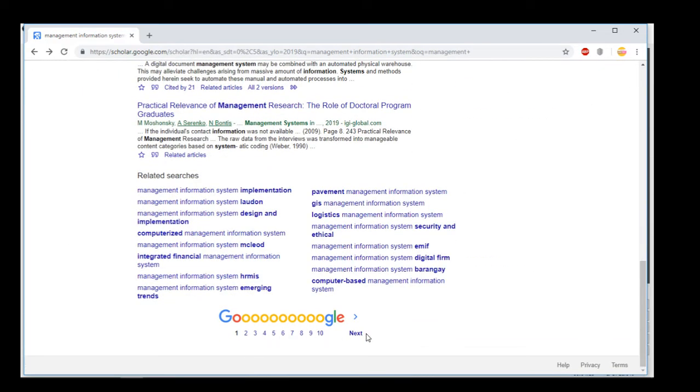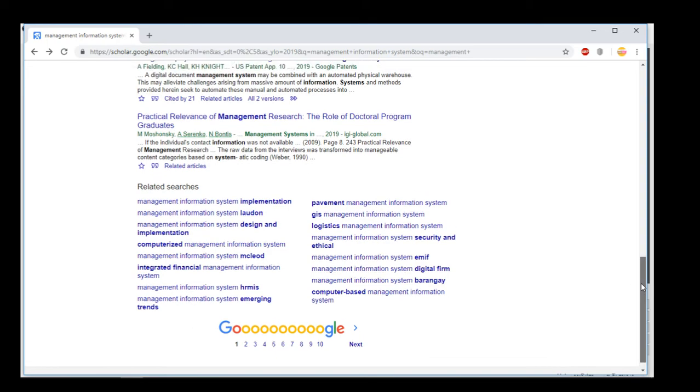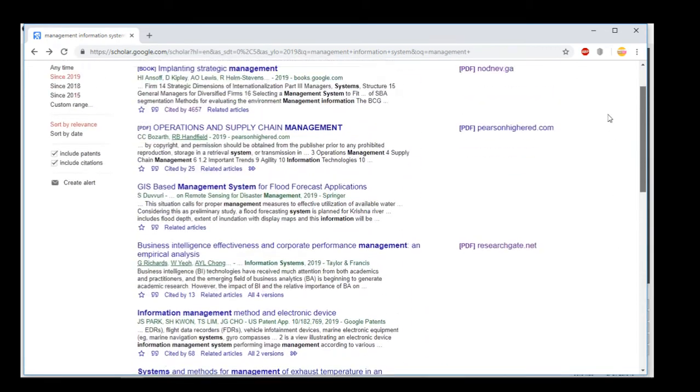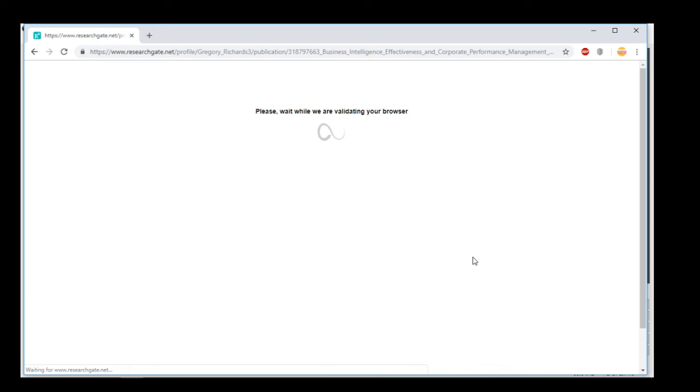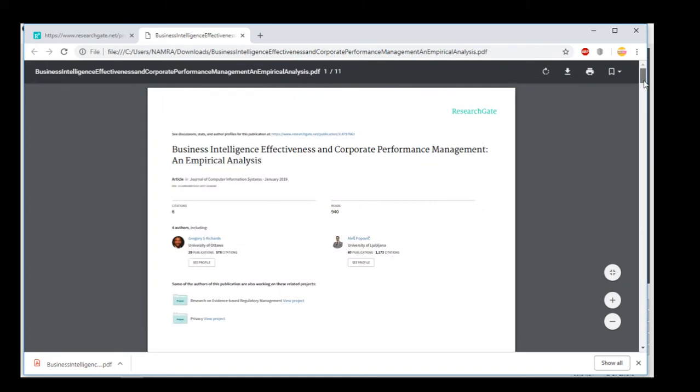You can go to further pages as well, and look for any other research topic that appeals to you, which you think is interesting and will come up with some drastic research. So let's click on this one. Different research papers follow different styles in which they are written. Look at this: submit your article to this journal. Every journal will give you a different format in which you have to design your paper.